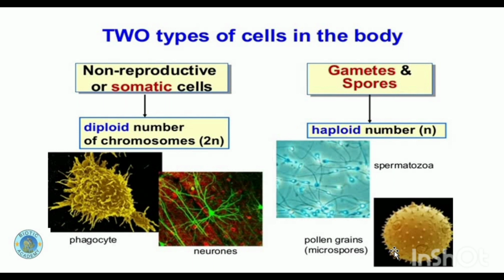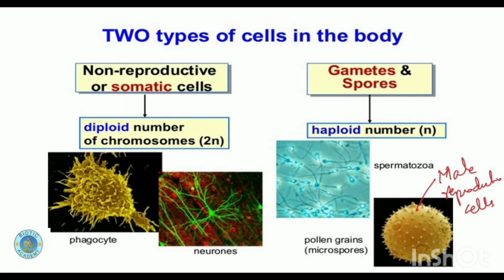In case of plants, we take the example of pollen grains. Pollen grains are the male reproductive cells of the plant body, and plants have ovules, where they have egg cells. These pollen grains fuse with the egg cells to bring about the zygote, and then that zygote further multiplies, divides, and grows in order to make the fruit.